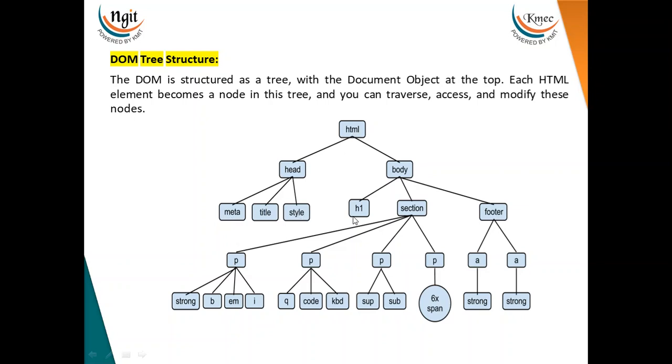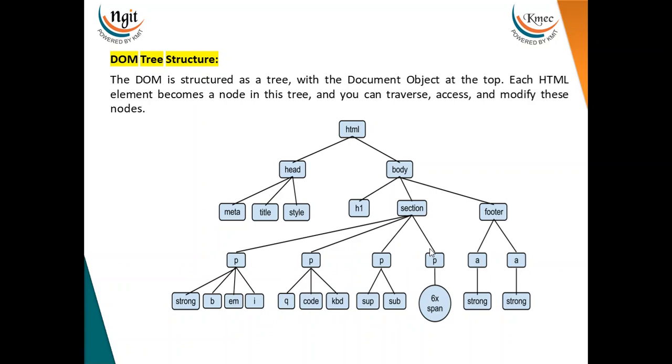In the body, this is only a sample, we have H1, the header tags and the sections, and each section has paragraphs, and the paragraphs use strong, bold, italics, these kinds of formatting tags. And a footer is also there. So this is a sample HTML page, which has a four-paragraph section, footer, header tag,